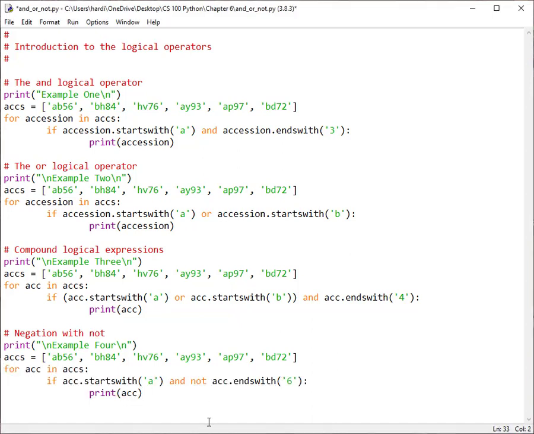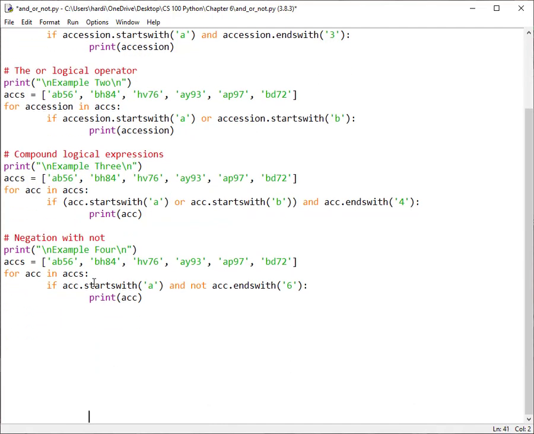So we'll put that here, and let's move it up on the screen a little bit. So we have the same for loop that we had up above. So for ACK and AX, then we have our if statement. So the for loop goes through each item in the list and pulls out the items, and then we'll examine them with the if statement. So if it starts with an A, and look at the NOT here, okay? We've got the AND operator followed by the NOT operator, all right? So if it starts with an A, and what this really means is it does not end in a 6,